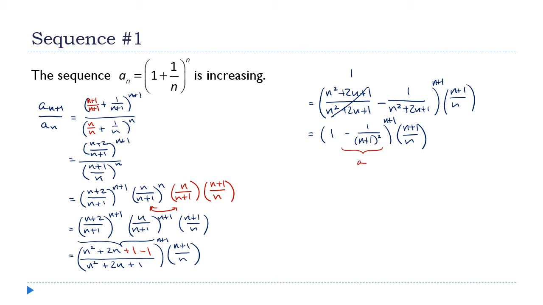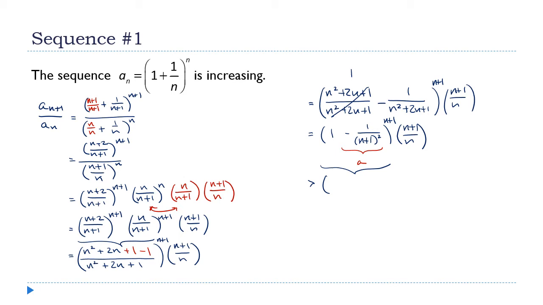So this piece here is less than, let's see, well, excuse me, I got that backwards. I was looking at the inequality backwards. This is going to be greater than